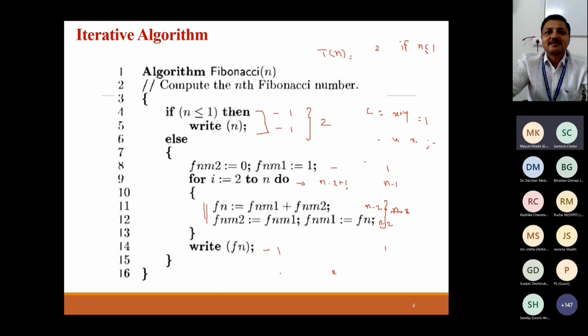So it comes out to be n minus 1 plus n minus 2 plus n minus 2 plus 1. And as there are two statements, you can see there are total 2 initialization statements. So I'll be writing it 2. Right? So it comes out to be